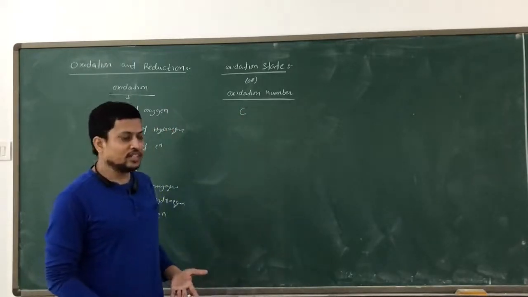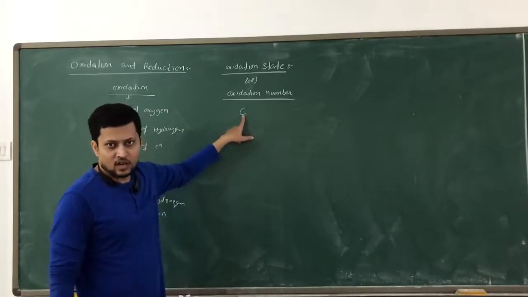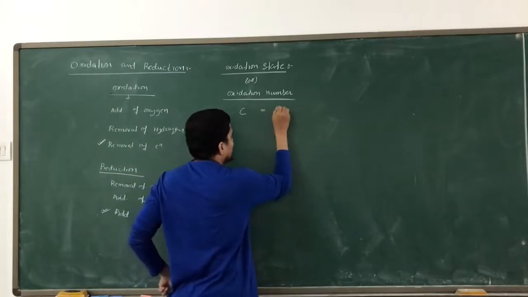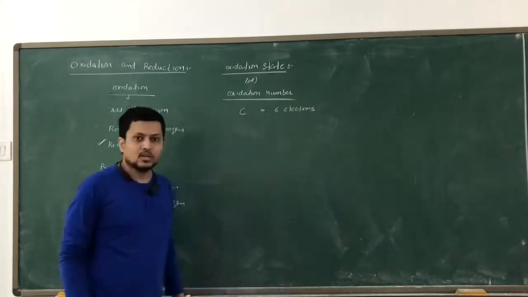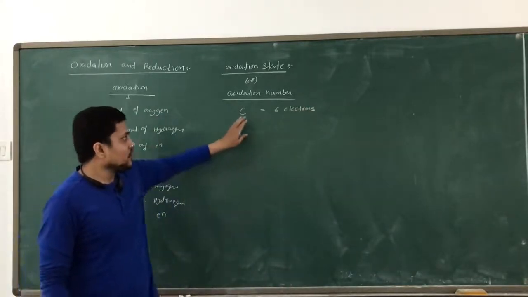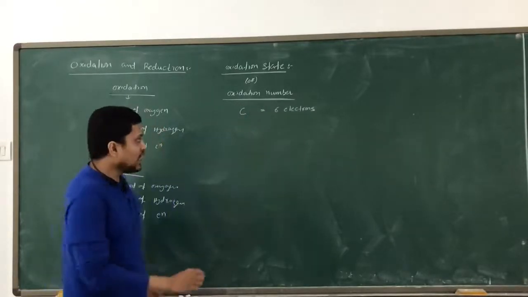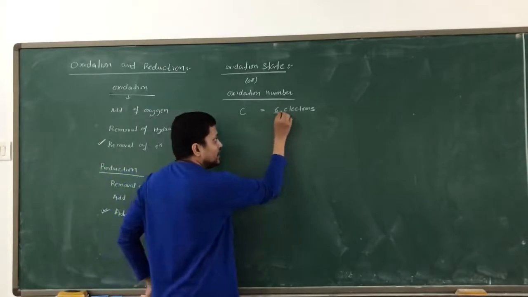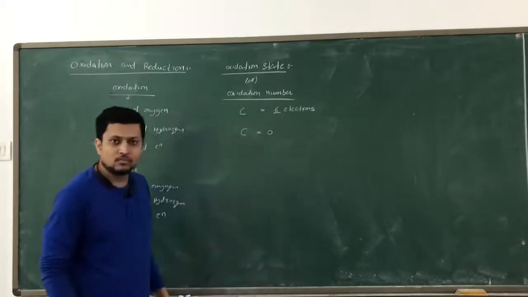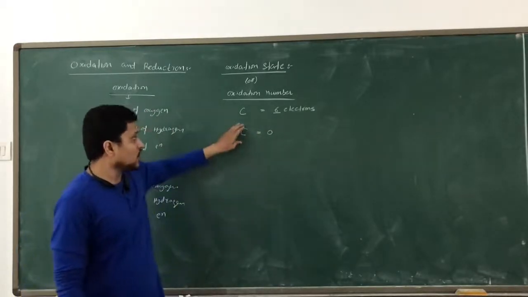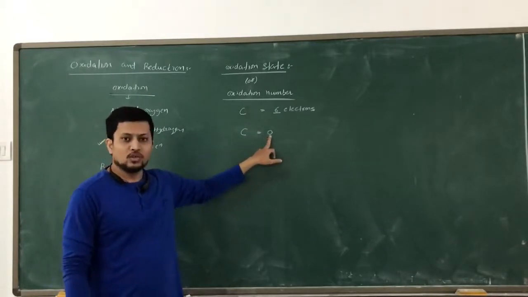So how many electrons do we have in carbon? We know the atomic number of carbon is 6, the number of protons is 6. That means 6 electrons are also present. So in carbon we have 6 electrons. If an element has the equal number of electrons which it needs to have, then the oxidation state of that carbon is going to be 0. So if the number of electrons around it is as expected, then the oxidation state or number is going to be 0 for that element.